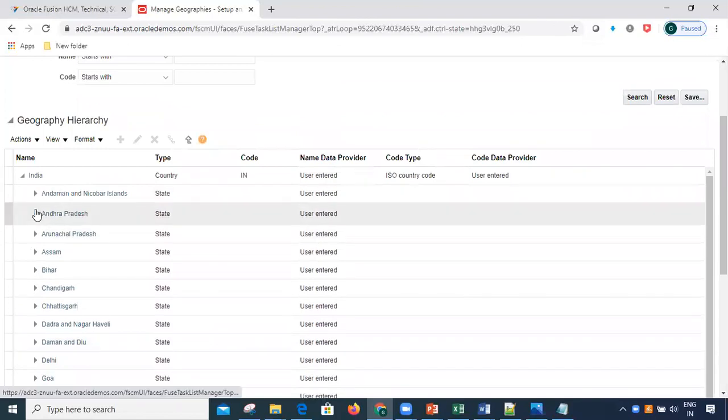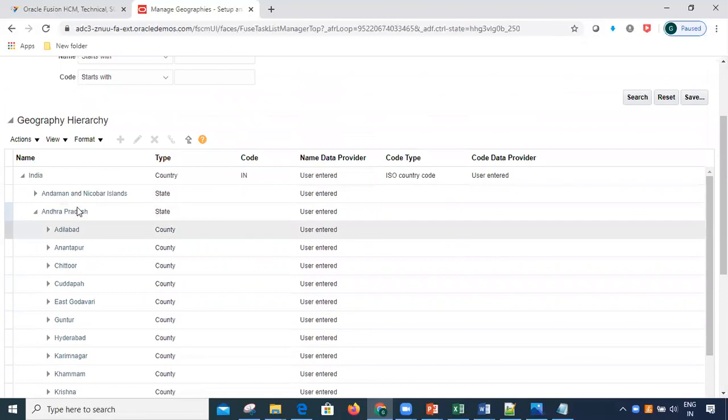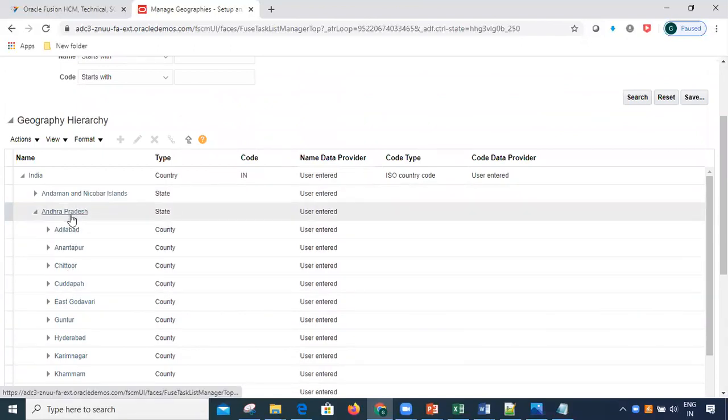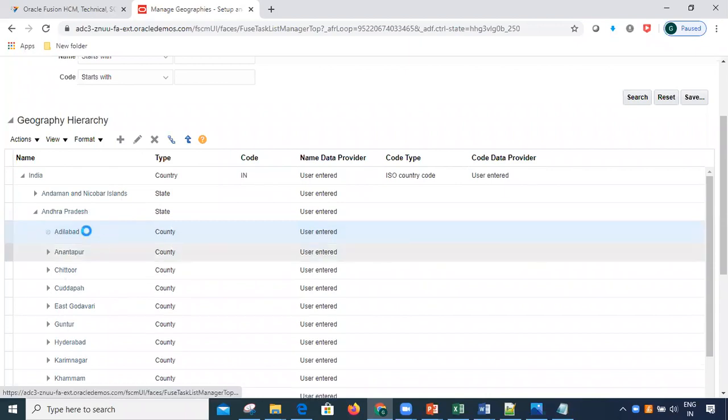Let me go to the expansion of Andhra Pradesh. See, I expanded the state Andhra Pradesh. These are all the districts under my Andhra Pradesh. But why am I getting it as county here? Because in the structure, Oracle has wrongly given county in the name of district. And if I expand my county, or the district, actually our point is district,